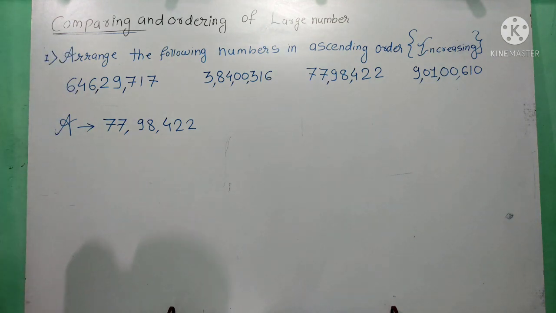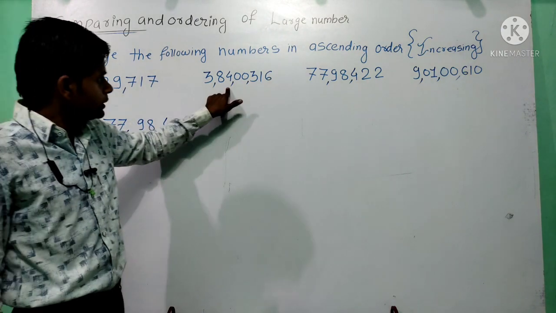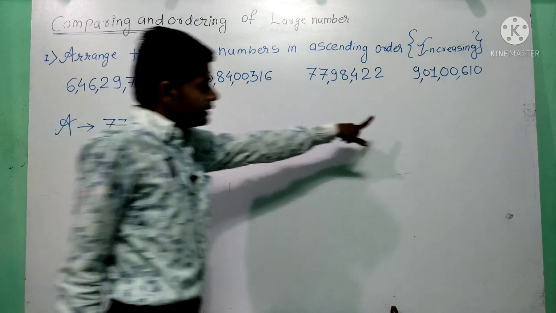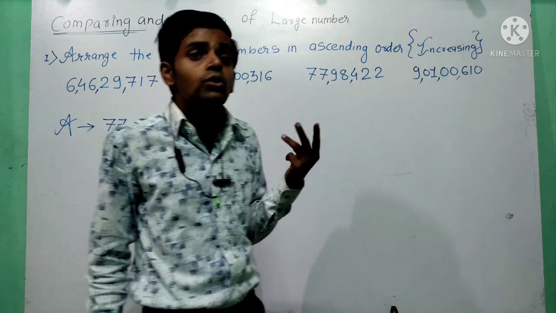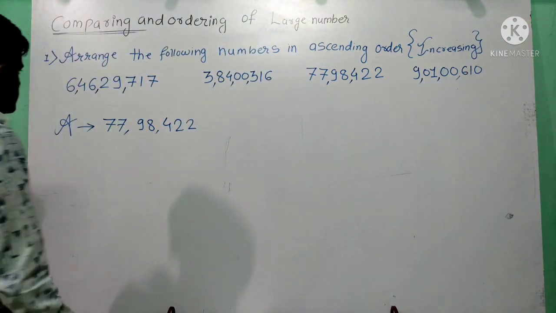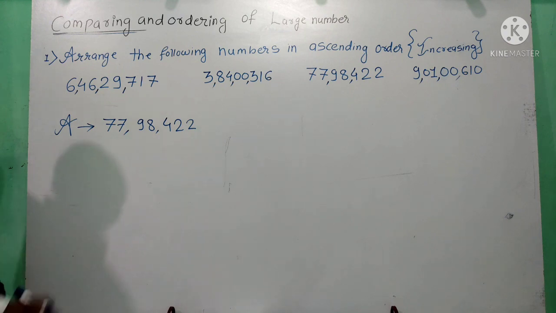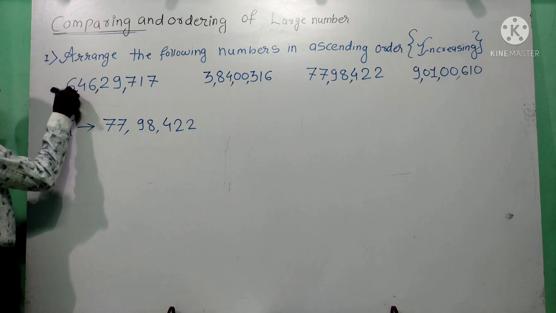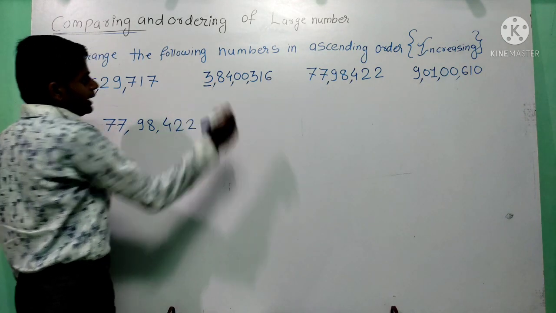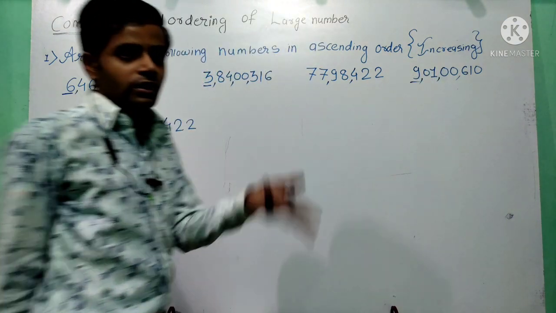And I think all have an equal number of digits, 1 2 3 4 5 6 7 8, 1 2 3 4 5 6 7 8. Yes, it is also an 8-digit number. All the three remaining numbers have the same number of digits. So now we have to compare the numbers. Okay, how can we compare the numbers? By comparing the digit at the higher place. At the highest place there is 6, at the crore place there is 3, and here is 9, so the work is done.